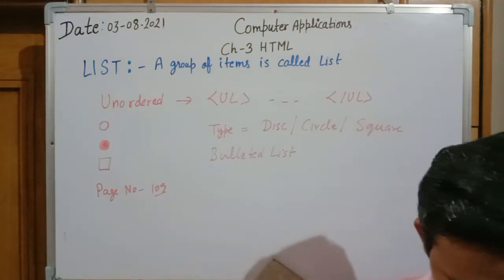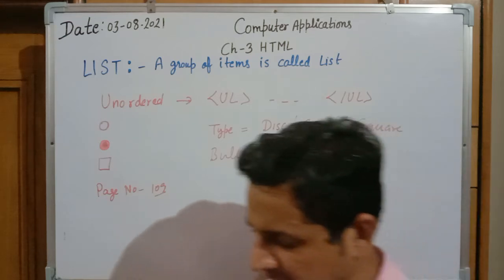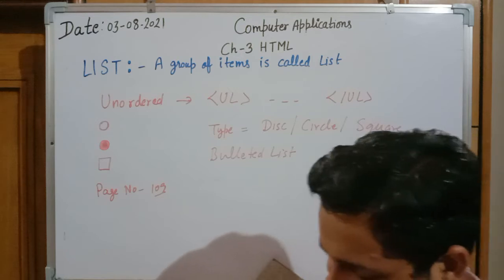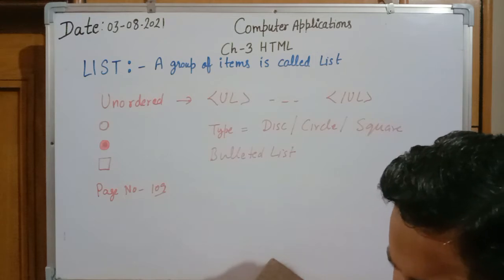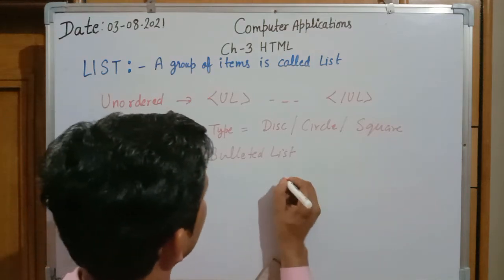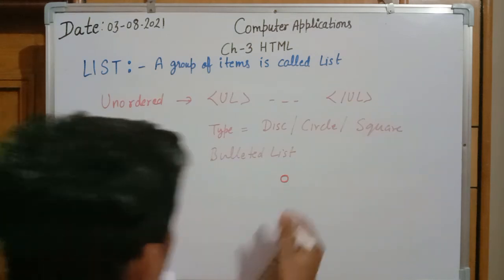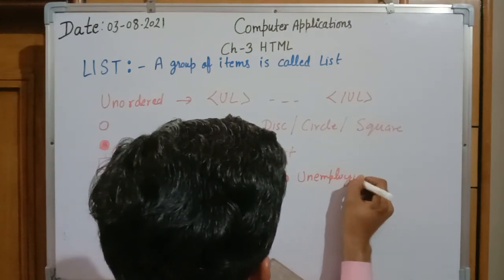See the program from the body tag. In body, an H2 heading has been taken, written in italic form. Afterward, font face is given Arial type, size is 5, color will be blue. Now the unordered list started. Unordered type is equal to circle. So which type of list are we using? We are using the list of type circle. So the circle will be of this type. And what will be written in the circle? The list item is unemployment. So it will display the output unemployment.